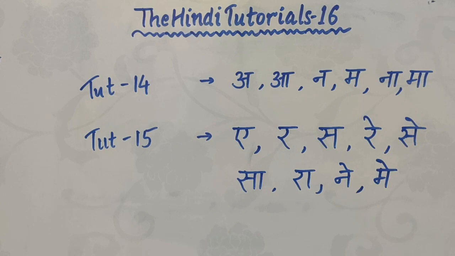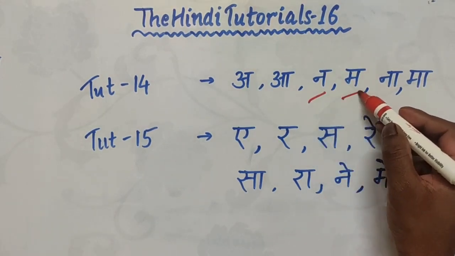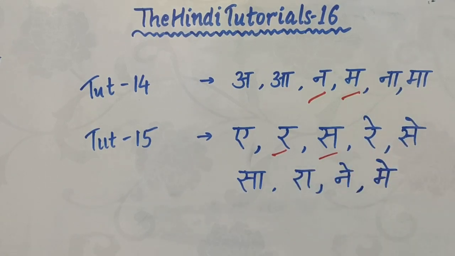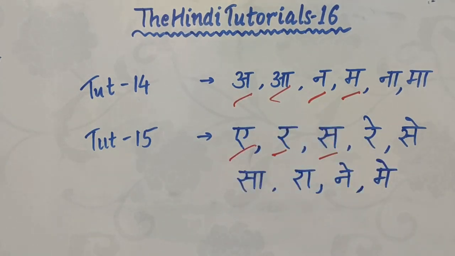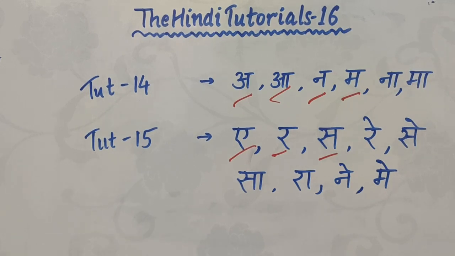Welcome back to another class of the Hindi tutorials. In the last two videos, we started to learn writing. We learned 4 consonants: n, m, r and s. We learned 3 vowels: a, and a. And we also learned how to write simple words. We did some reading practice, and at the end of the previous video, I gave you a small homework, which was: